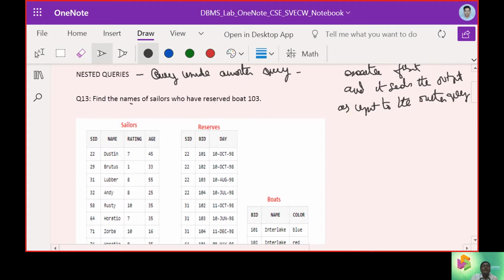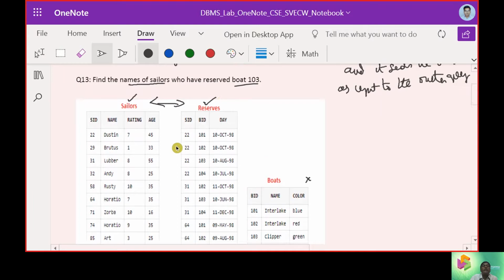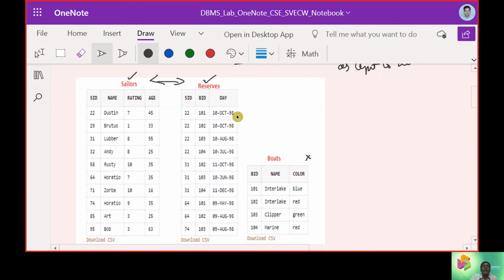Now find the names of the sailors who have reserved boat ID 103. In this case, we need sailors who have reserved boat number 103. So we can stick with two tables, and we don't need the boat table as of now. Who has reserved 103? 103, 103 and 103.